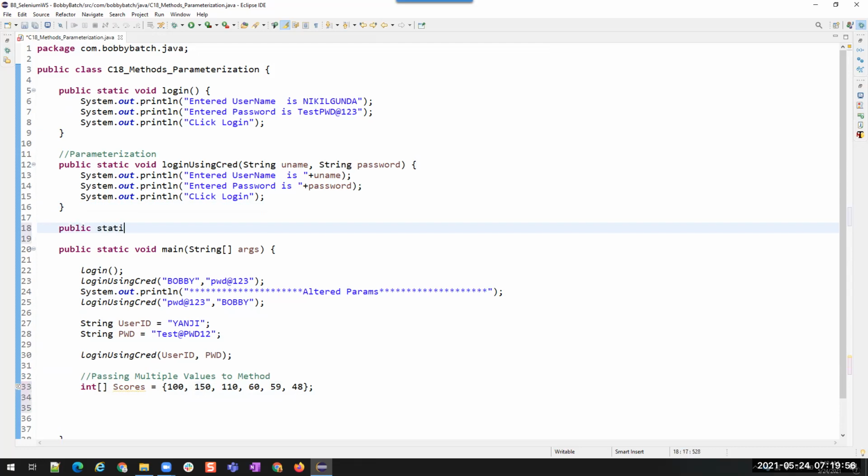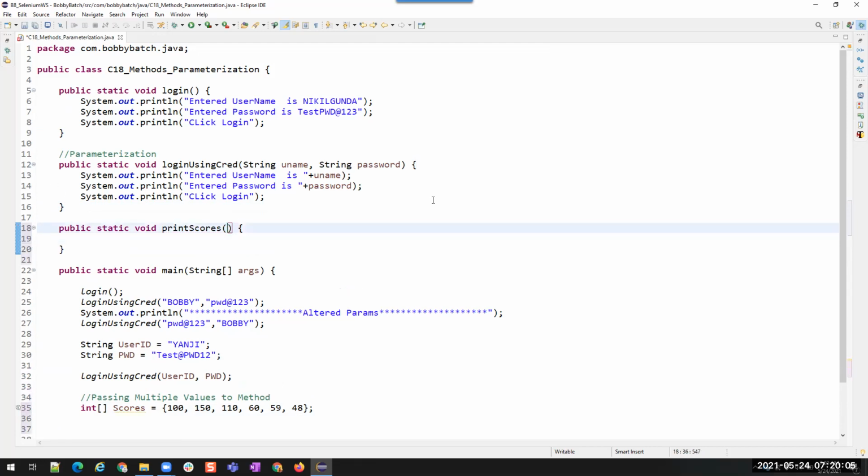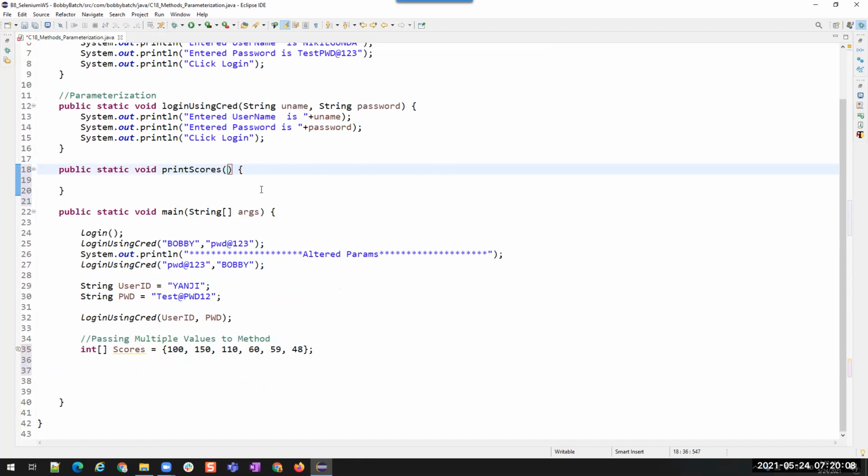Public static void. I'm going to use a method called printScores. We want to pass multiple values, so we have to mention what type of multiple values: integer array, and then I can say scores.